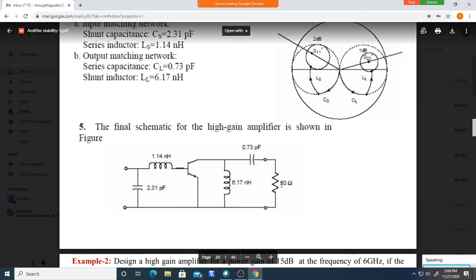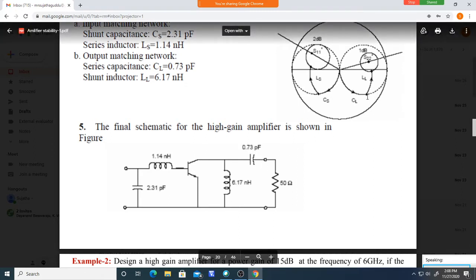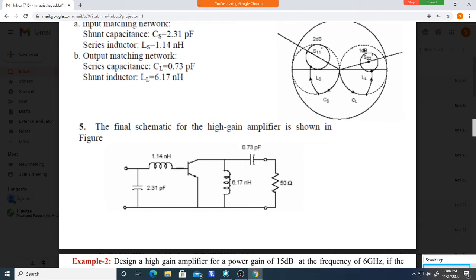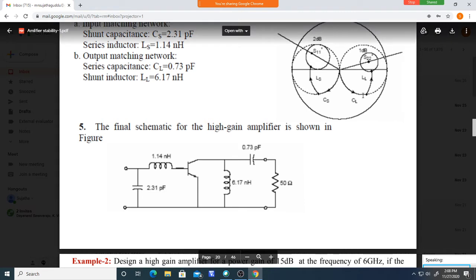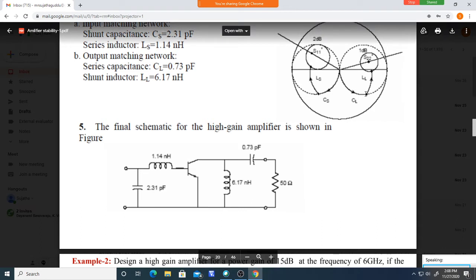Similarly, we did this. The load is 50 ohm here, but we connected here. This is moving on a resistance circle in the anti-clockwise direction, adding the capacitor like this. After this point, we are moving on a constant conductance circle to reach this point, because to reach this point, you should move over either a conductance circle or a resistance circle. But if you move over a resistance circle, you do not reach this point. So you should move from here on a conductance circle to reach this point. So we are moving from here to here over a conductance circle in the anti-clockwise direction, adding the shunt inductor like this.